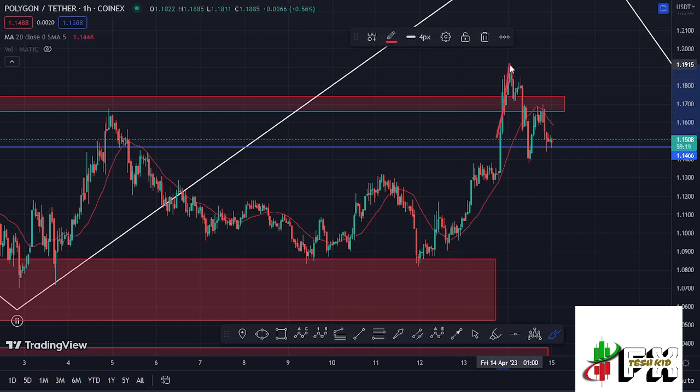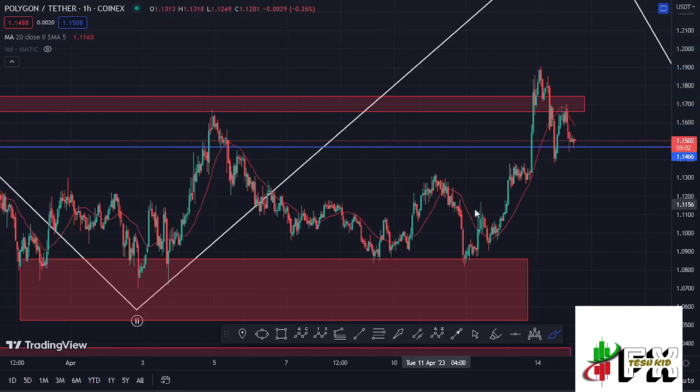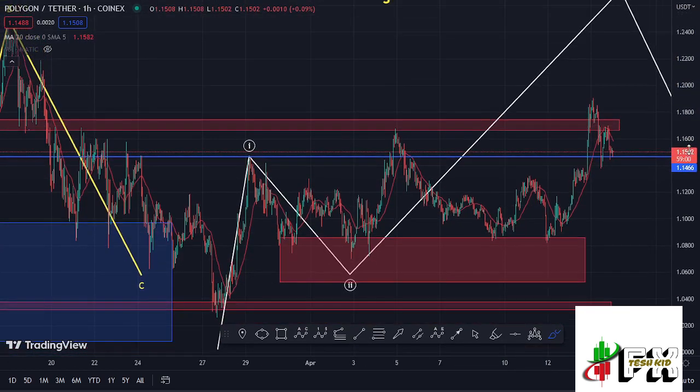and as we tried to have a successful retest of that key area of support, the retest was not a success, and you can see we lost that key area of support, and at the time of this recording we are trading at around the $1.1502 mark. We have also continued to obey the Elliott structures, where we had been seeing a bit of a